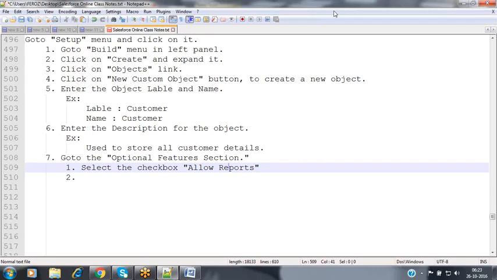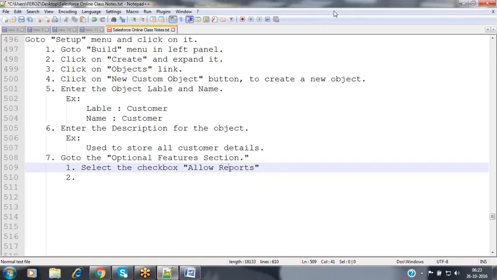So in this kind of scenario, every week or every day, I want to give some status update to my manager. He may be my sales manager, he may be my sales head: these many leads we have received in this week, these many leads we have contacted, these many leads we are following up right now, these many leads we have converted as our customers. And these many leads we are unable to convert because those people are not at all interested in our product. These many leads we are unable to reach on their contact details. Like that, we have to give some status update in terms of some reports.